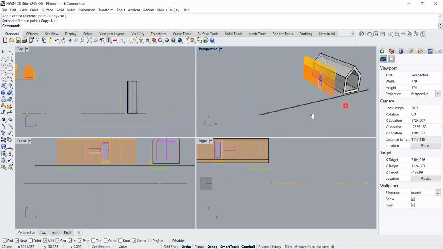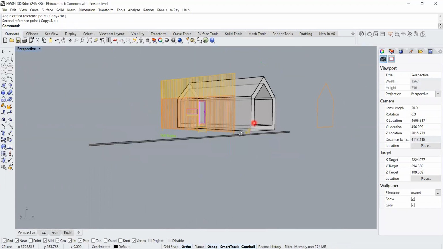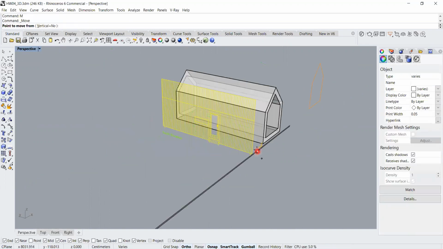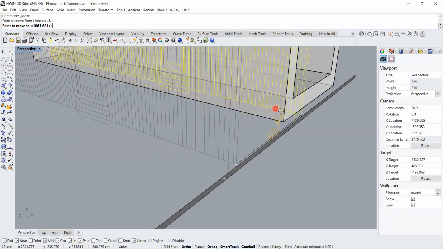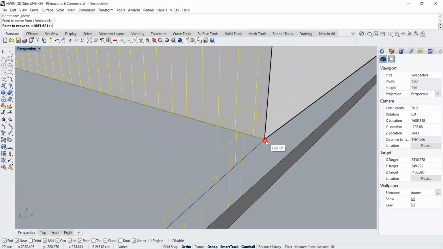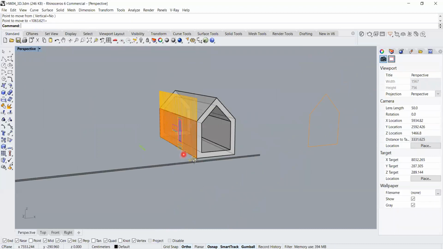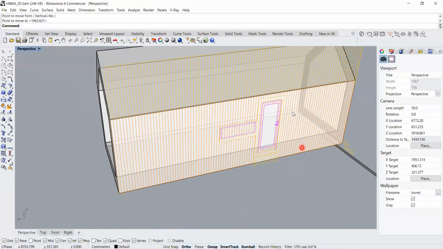So I rotate it from top view 90 degrees. Okay. So now I have it here. So what I can do is just to take this one and move it and take it from the corner of this part and bring it to the corner of this part here. Do you see? We have it now here on the side of this extrusion. Now we can easily